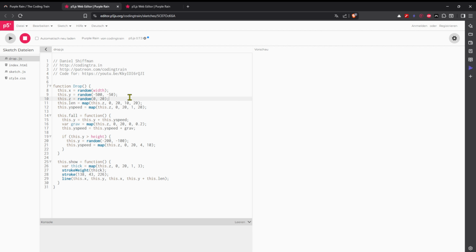So the length of the drop is depending on the Z position. The bigger the Z, the longer the length of the drop. And also the Y speed is depending on the Z position, so they are flying down slower and faster depending on the Z position, which gives this